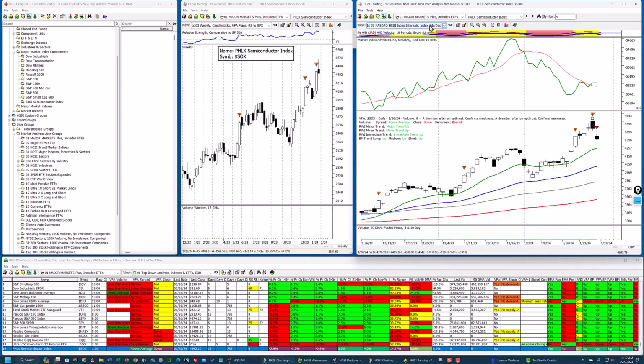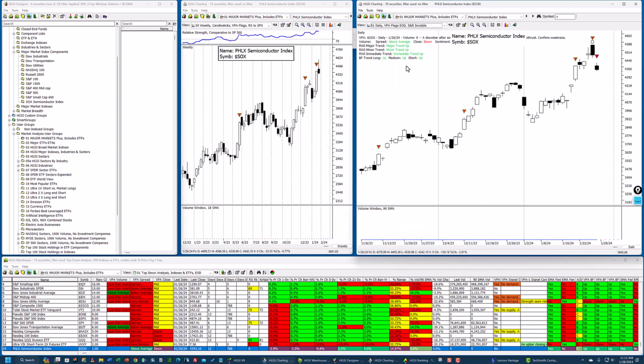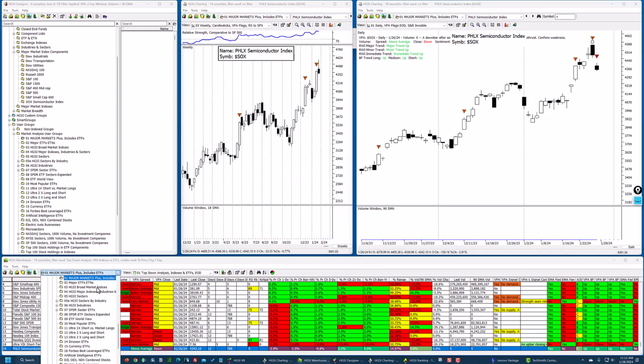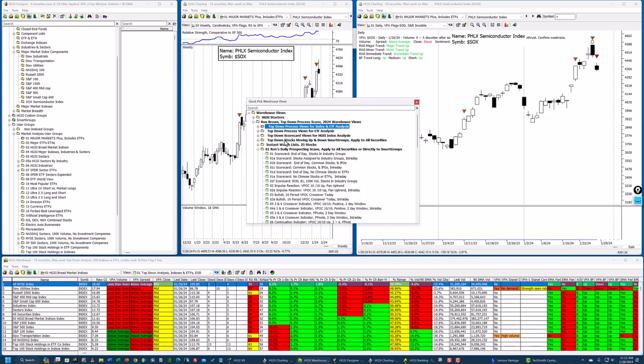I'm just going to bring up a regular chart here. Just do a quick white one here, and you can see that there's no volume for this index until we go into the indexes that HGSI creates. Here's a signal, but these signals are really not valid without volume, so I just ignore them. So this leads me to the broad market indices,